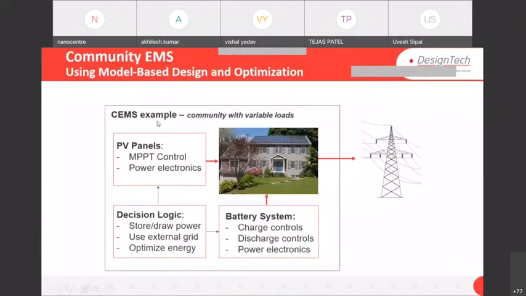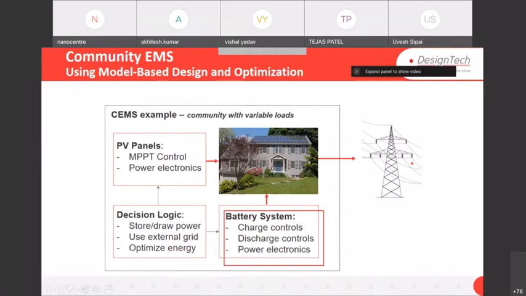So one example which I am going to take is a community energy management system. So what are the requirements there? Here we are adding photovoltaic panels, PV panels also. We require data from the sensors, meaning whatever the real plant has, we require the data. We require a battery also to store the energy, and that is the decision logic which we make based on that. We require an optimization algorithm for that, and to store the energy we require battery systems, as well as we require the grid also, right?